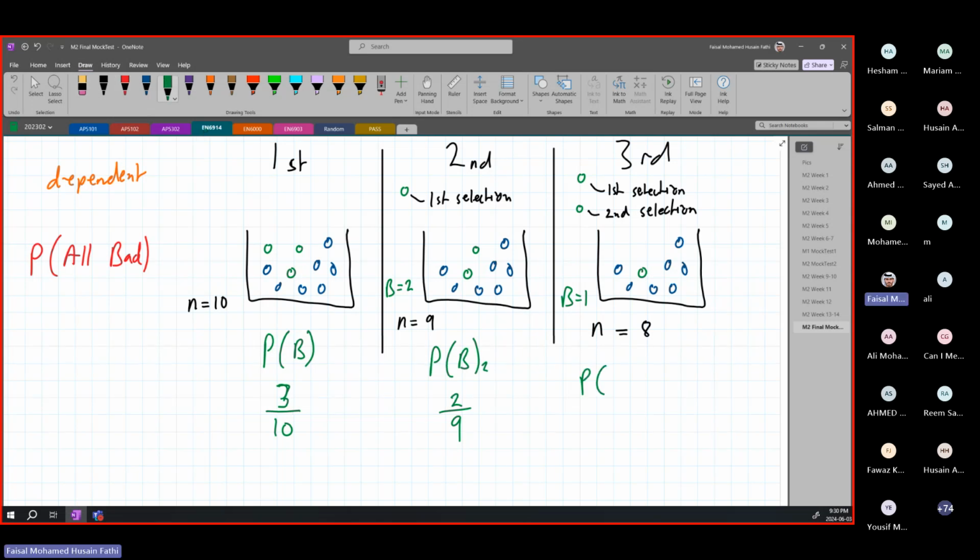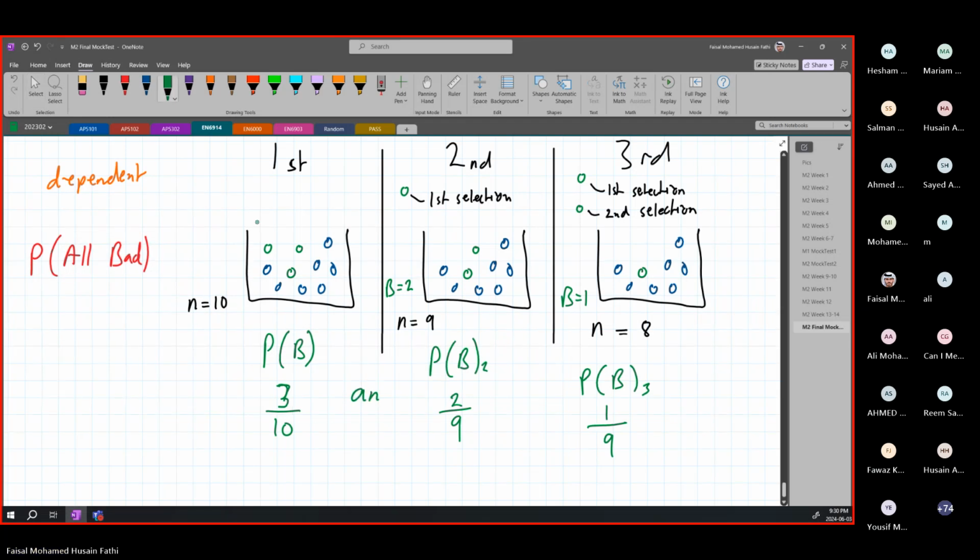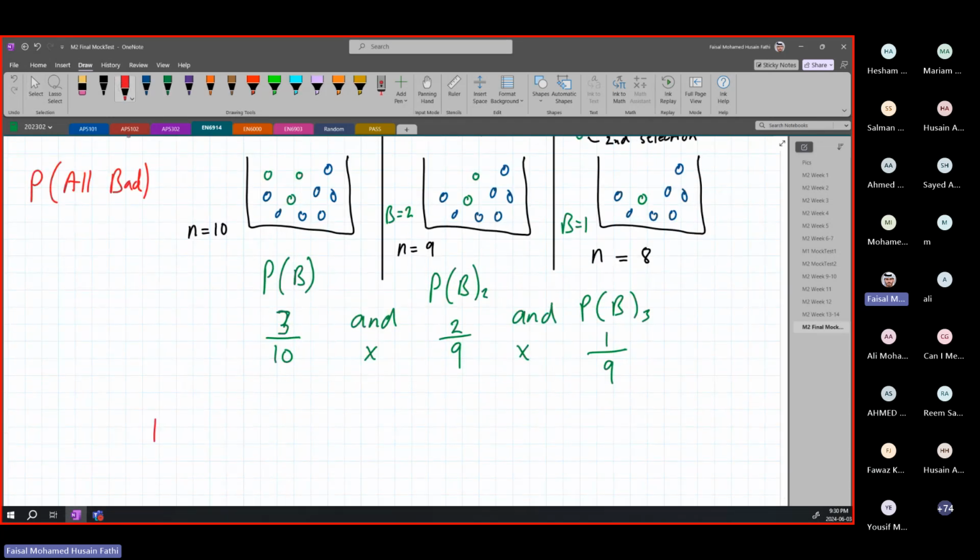The probability of this is going to be 1 over 9. And because we want all of them to be bad, it means the first one and the second one, and the third one. In other words, it is multiplication. And that's it. So the probability of all bad